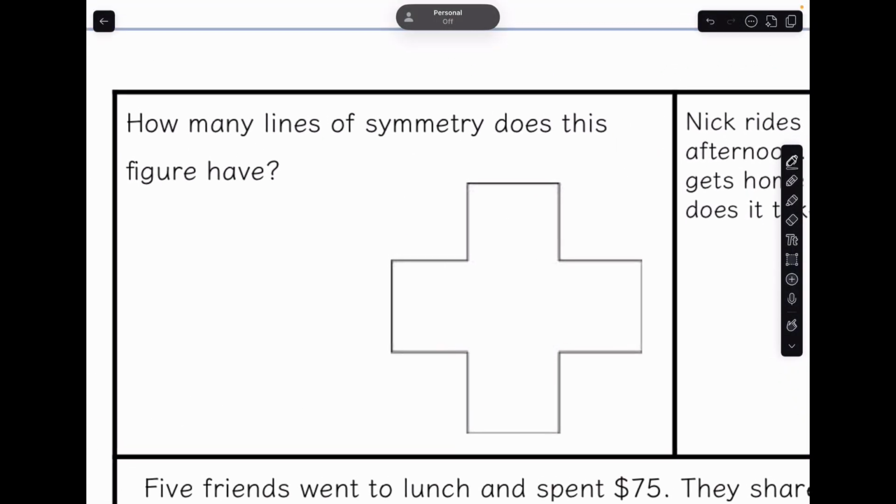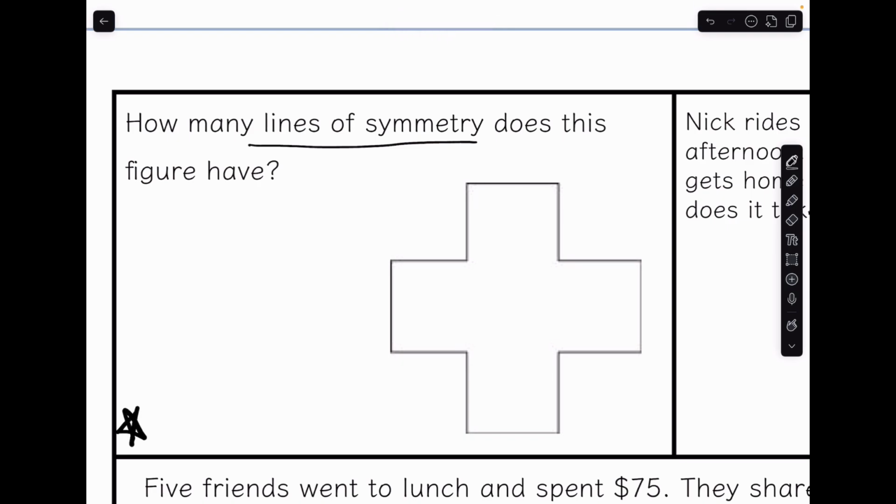All right. How many lines of symmetry does this figure have? Mr. Henderson's putting a star because I want you guys to work this out. I am going to help you. Remember, I'm going to give you a little example. Lines of symmetry means that when I fold it on that line of symmetry, both sides are going to look the exact same. So here,